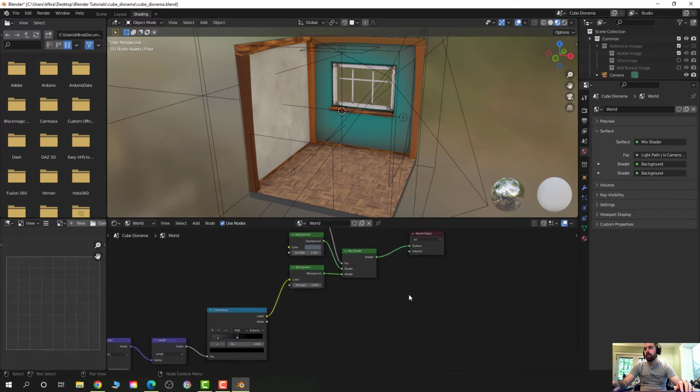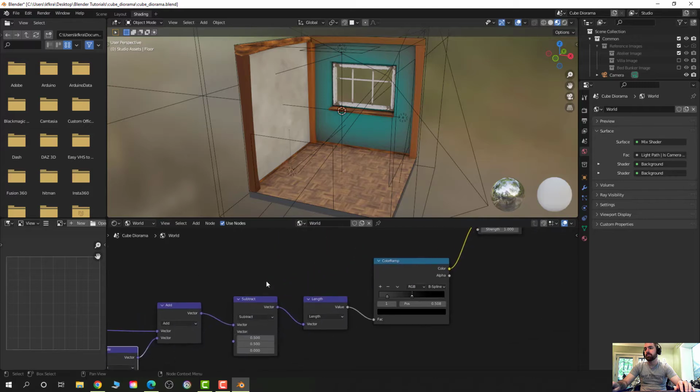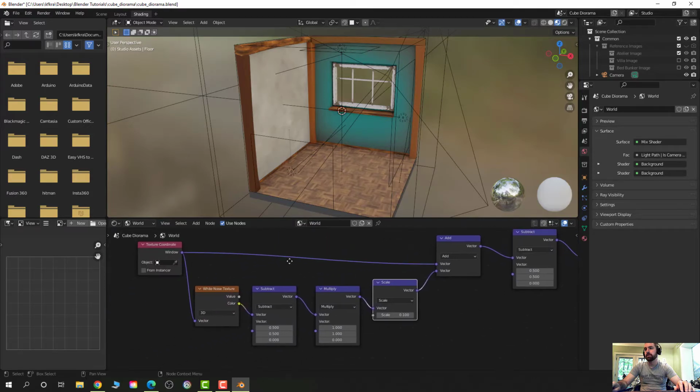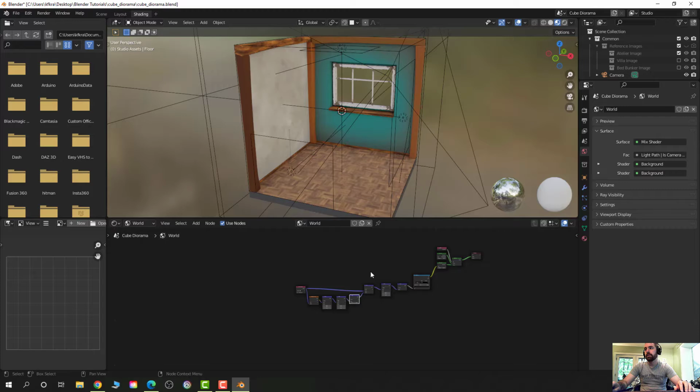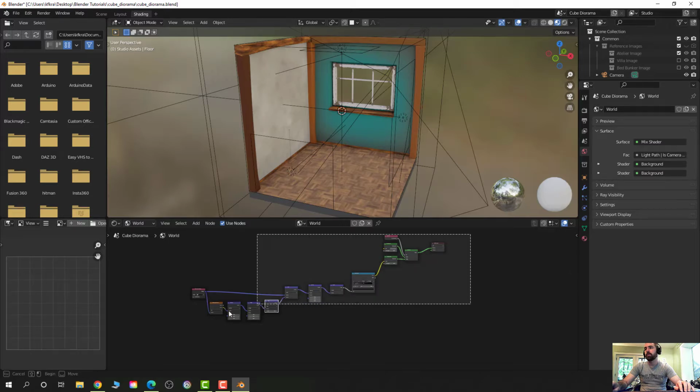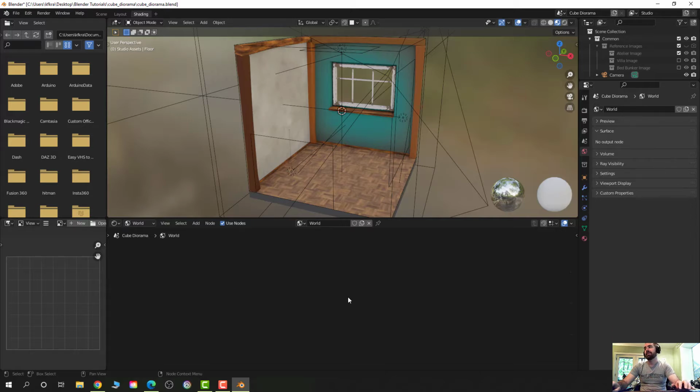So right now there are already some neat environment textures there, and these are all nodes. So it's like reading a line of logic code. And what I'm going to do is I'm going to highlight everything, and I'm just going to hit the delete key because I want my own